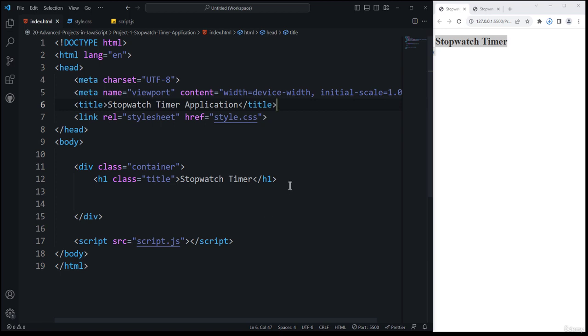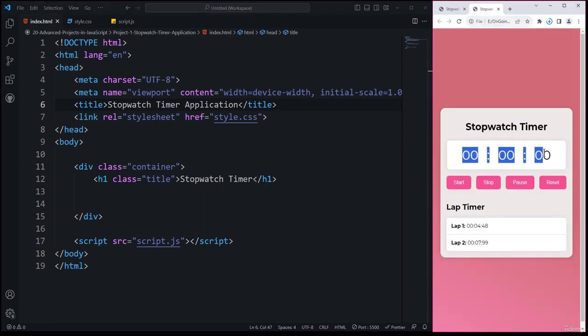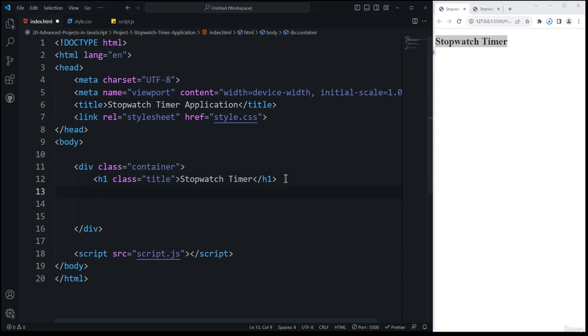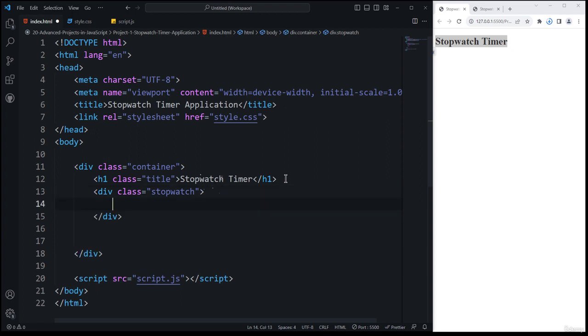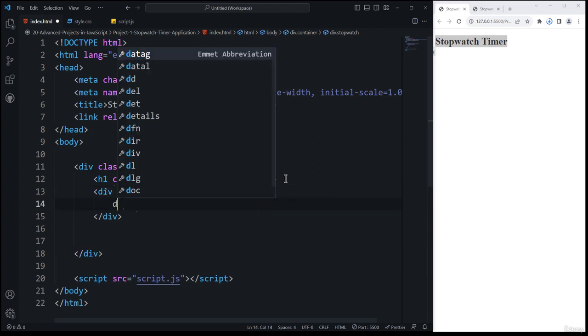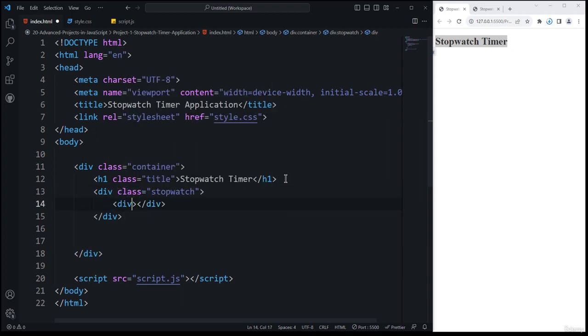web browser. Okay, so the next element that we want to place is the division element, so that inside of that division element we can place these three span tags. Let us start with this one. First we need to create another division. Here I will be using the div, and we need to specify the class name as stopwatch. Inside of the stopwatch we need to provide another div tag,